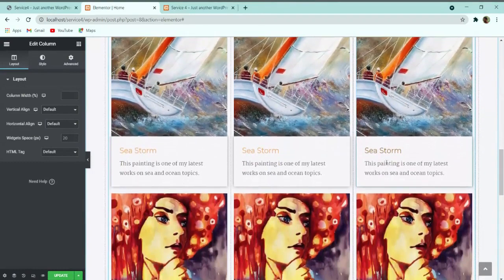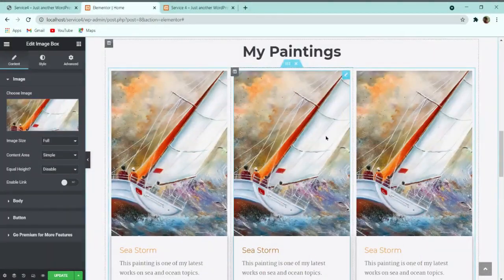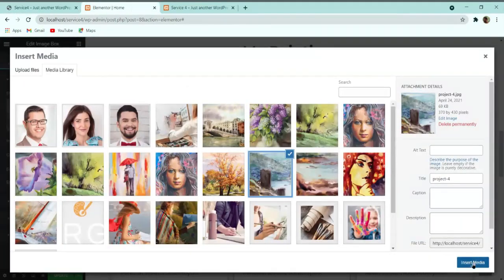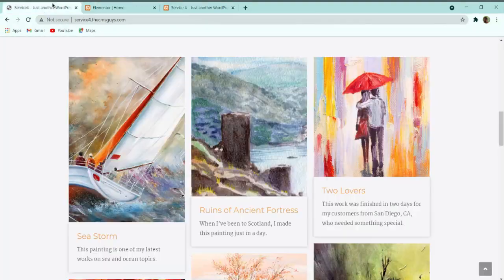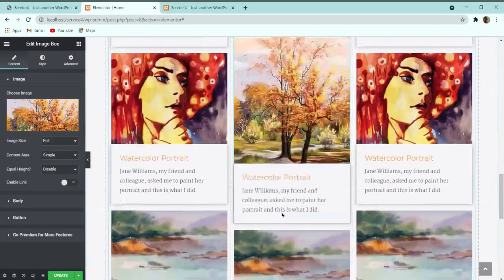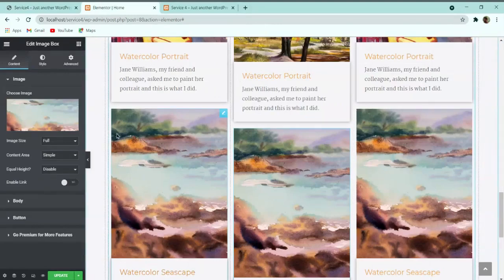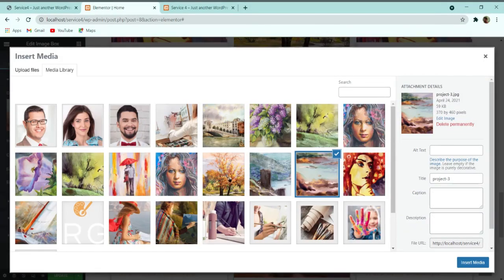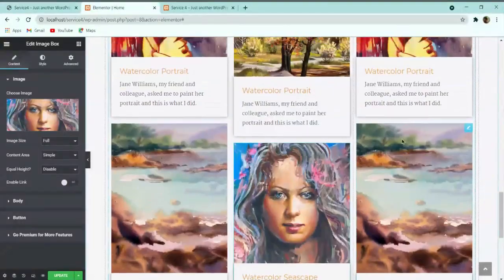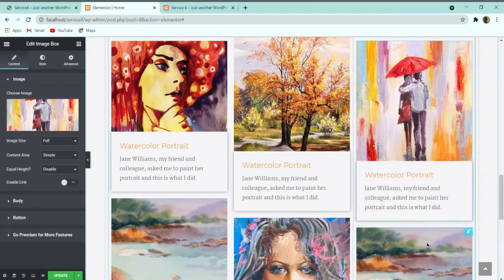So now here you can see that what we have to do, for your purpose only, let me only add the images. So here this tree image, after the tree image, we have this one, and then after that, again we have to add this portrait over here. So let me select that portrait. So here you can see that this is the portrait. Again, in this way I am going to select all the images one by one.